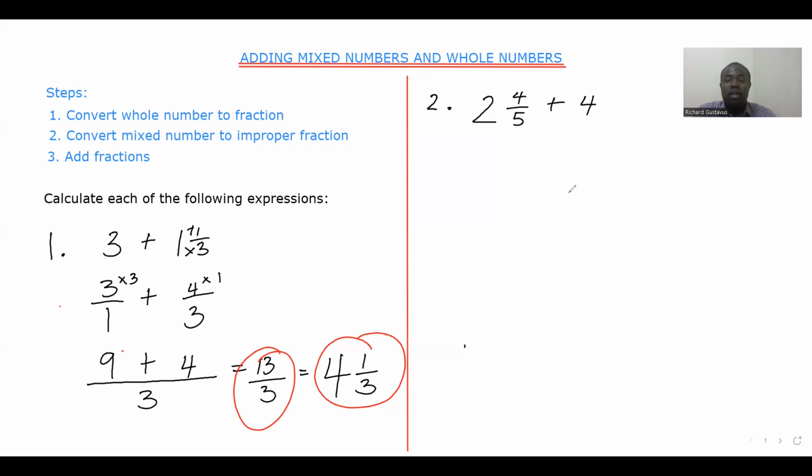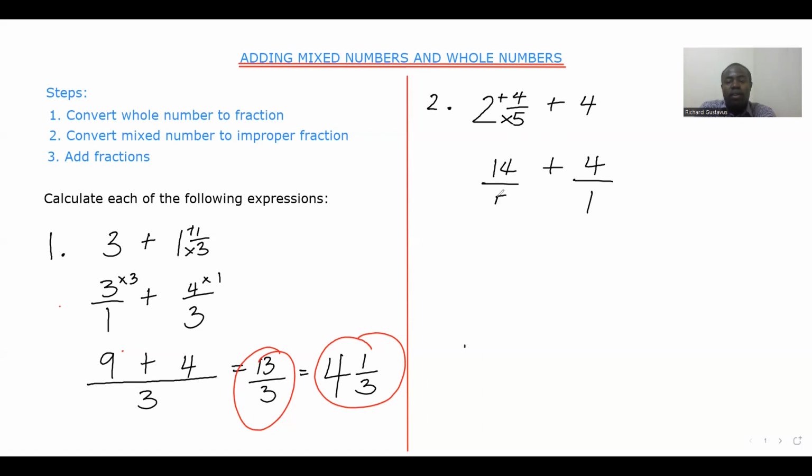Let's now focus on the second example. In the second example, we have 2 and 4 over 5 plus the whole number 4. The first step is to convert the whole number to a fraction. We simply do this by dividing the whole number by 1. So it's 4 over 1. Afterwards, we convert our mixed number to an improper fraction. We do that by multiplying the denominator by the whole number, which is 5 times 2. That will give us 10. And then we add that product to the numerator, which is 4. So it's 10 plus 4, which is 14